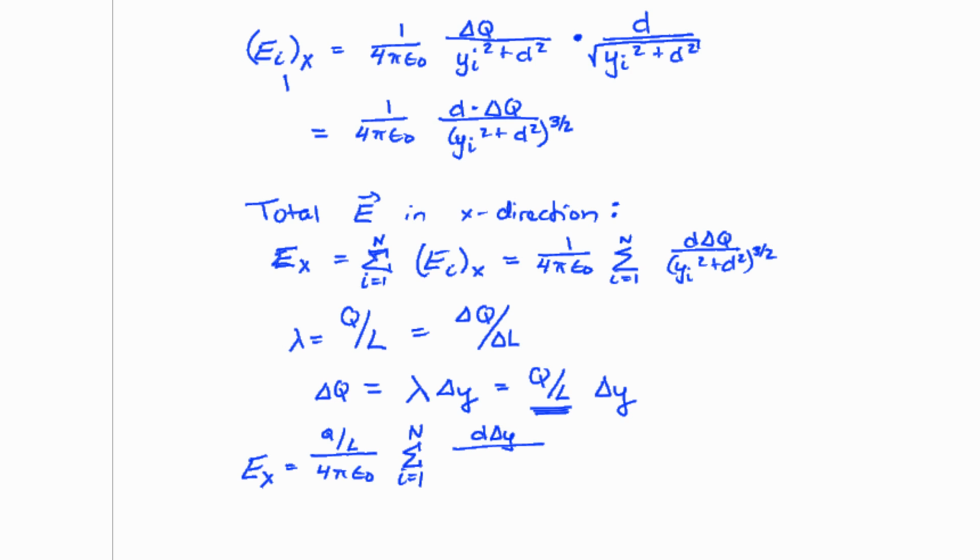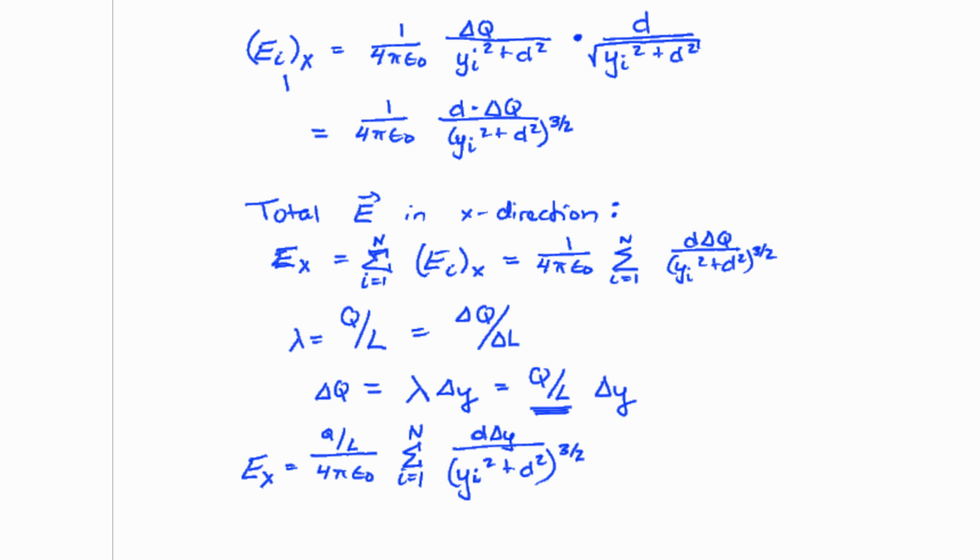D, again, is the distance from the line of charge to the point P. Delta Y is how long that little segment is. And the denominator stays the same from what we had before. So, again, we've got D, which is just how far away point P is. And our other variable Y is the distance from the x-axis to whichever segment we're interested in. So the point of doing this